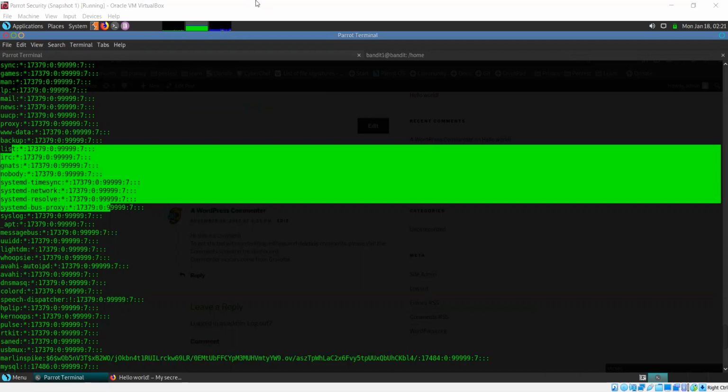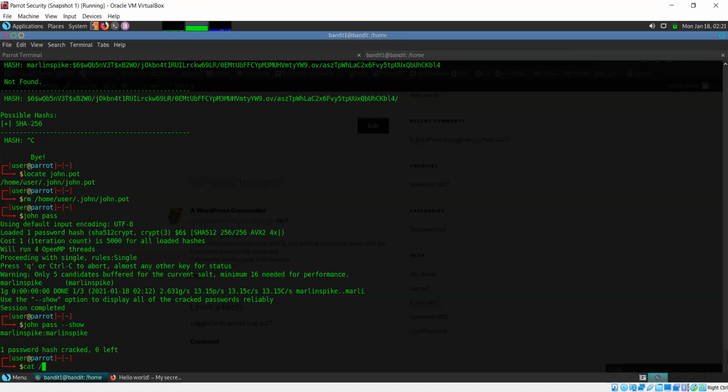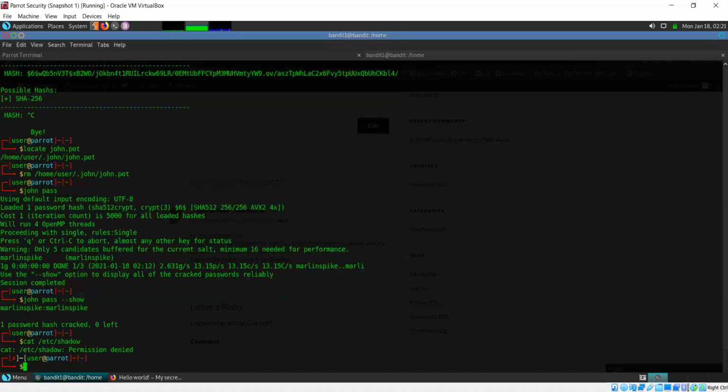But in other systems, this will not be the case. Even if I go to my own system, if I switch over to my system's terminal and try to do this, I'm not going to be able to open it. It's going to tell me permission denied. So keep that in mind. You can try to access it. If there is improper configuration, you will be able to access it from a non-root account. But in most cases, you're not going to be able to access it.